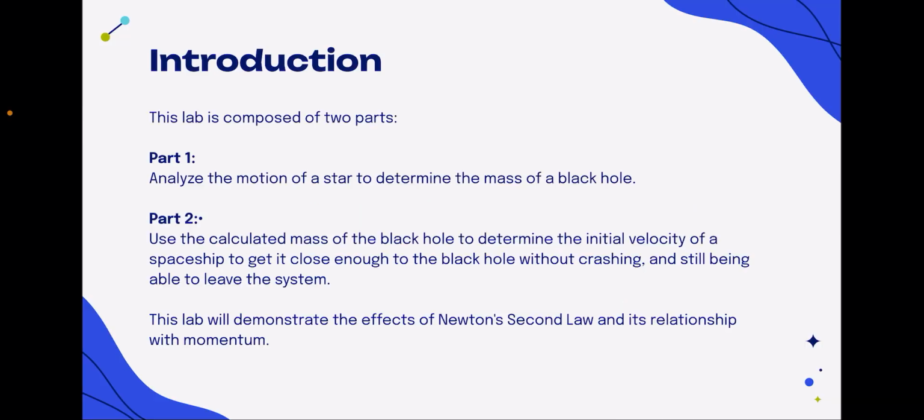This lab was divided into two parts. In part 1, I analyzed the motion of a star to determine the mass of an unknown black hole. In part 2, I used that information to determine an initial velocity that would allow a spaceship to orbit near the black hole, or in this case, a planet and a moon without crashing. Overall, the goal was to see how Newton's second law applies to orbital motion and how momentum changes under gravitational